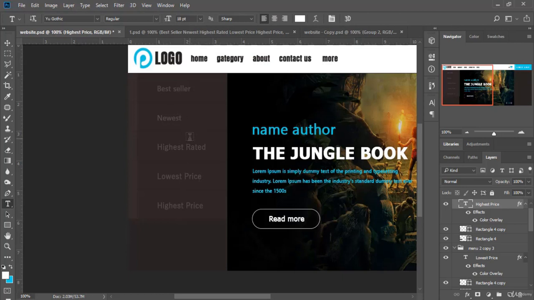And you can even change the location of the whole menu. Maybe you put it on the right, why not? Or even beneath the slider. It's totally up to you. You don't have to follow the design